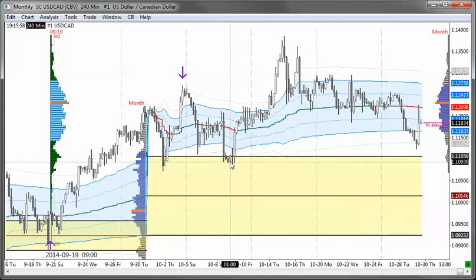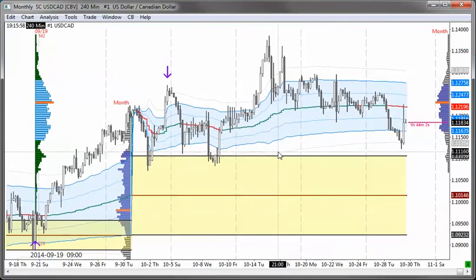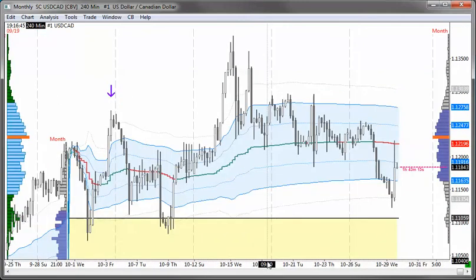Then from there it couldn't go down any further, and then it moved back up into value and swiftly right up to the value area high, where it found a little bit of resistance but not enough to move it down to the VWAP and below, and then we saw initiative buying come in and move price up sharply, putting in a new high for the month, and then it moved back down and into the value area high for the month,